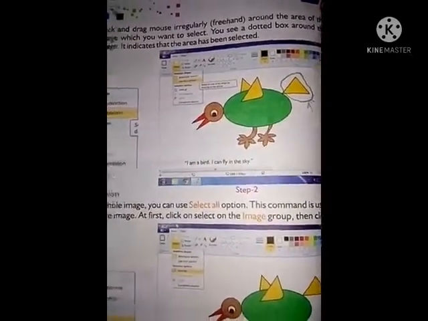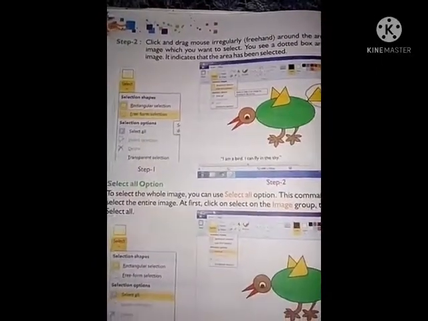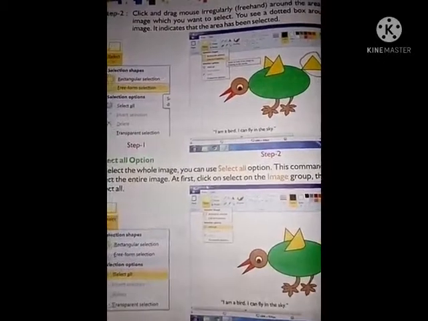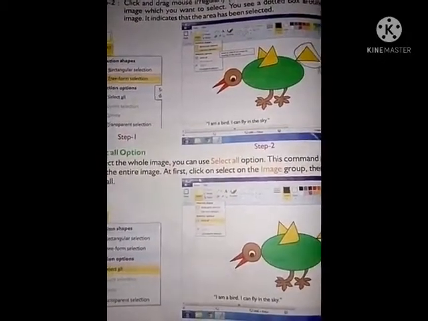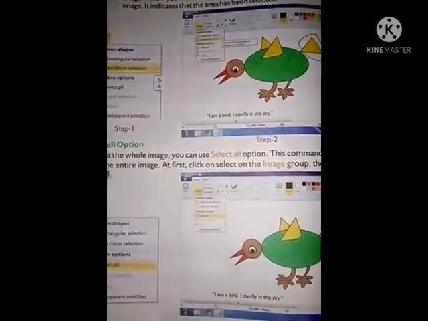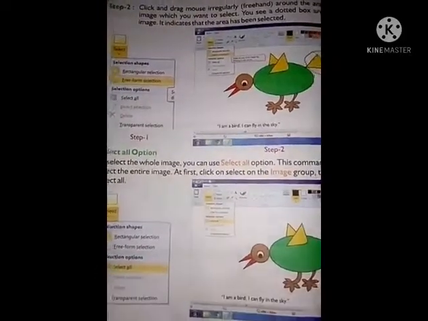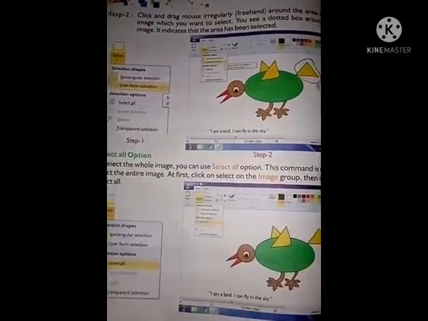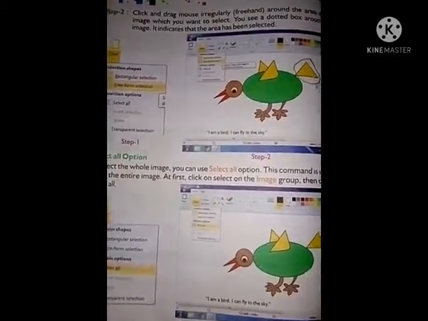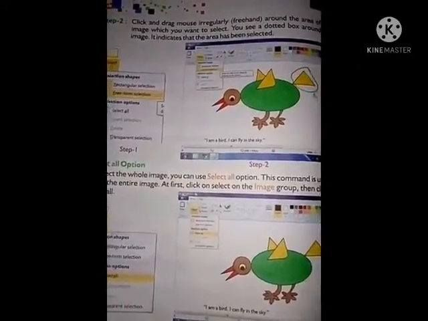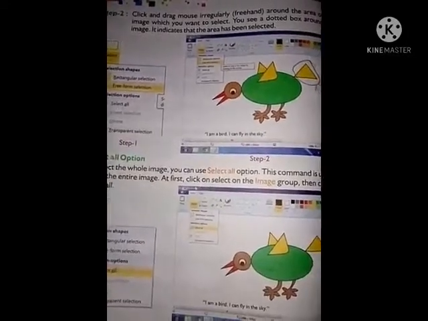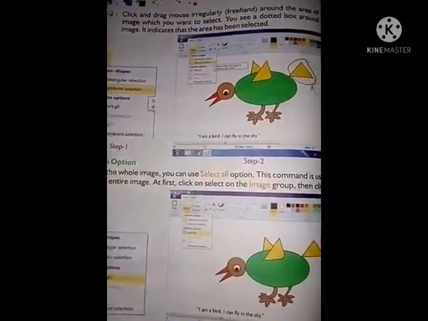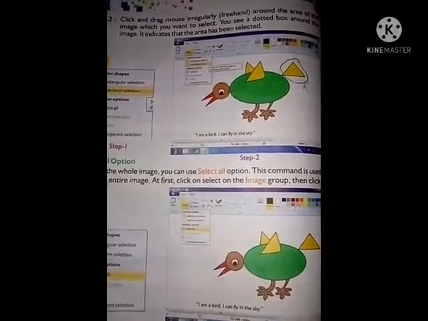Understand? So students, it's your today's class. You will understand in our practical classes very clearly. After you do practical, it will be more clear to you and you can very comfortably and very easily draw any kind of picture and you can do any kind of thing in the computer.